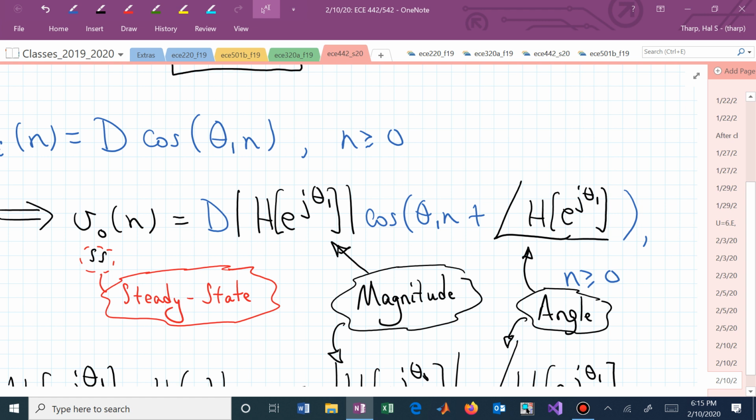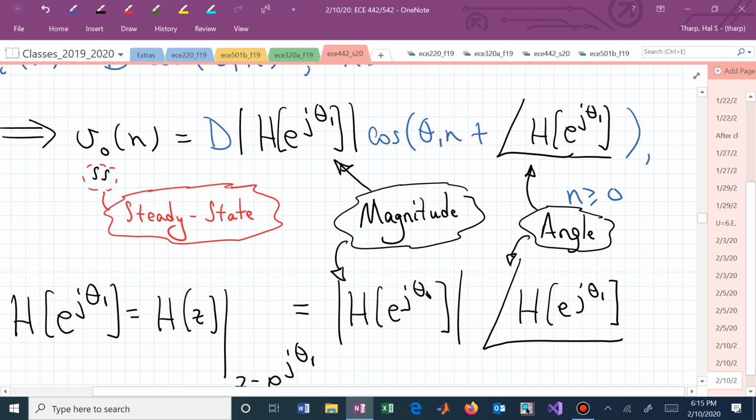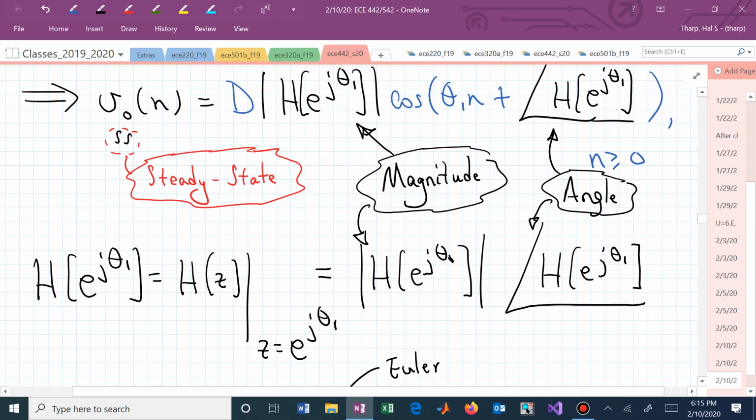If you have one pole outside the unit circle and you start shaking this system, what's going to happen? Will you get to a steady state? No. You'll excite that unstable mode and it's going to go unbounded. You will not have a steady state response if you have an unstable pole. Are we clear on that? We're assuming then that h of z has all of its poles inside the unit circle,